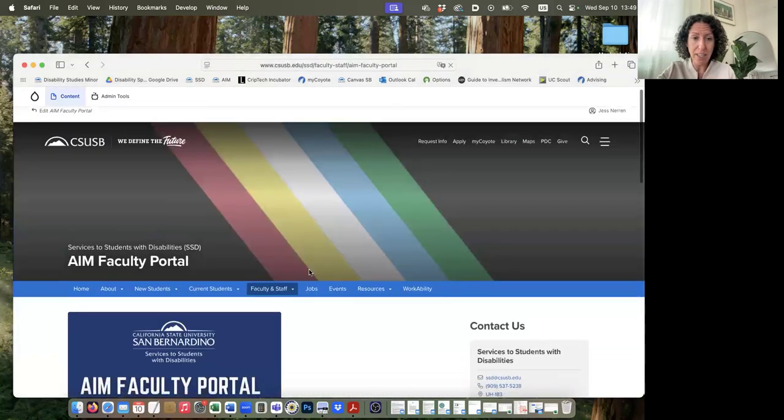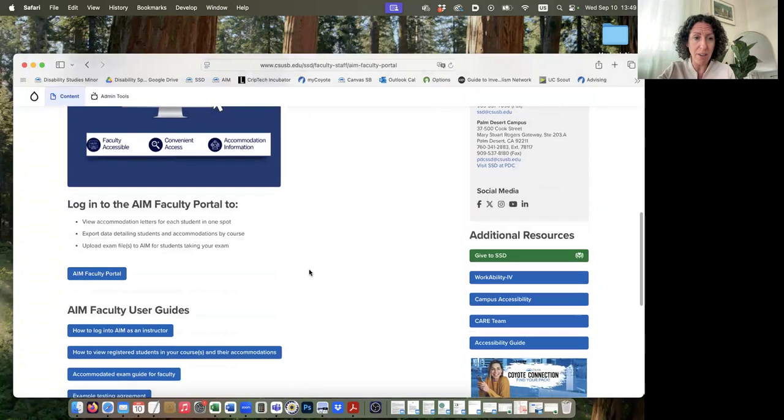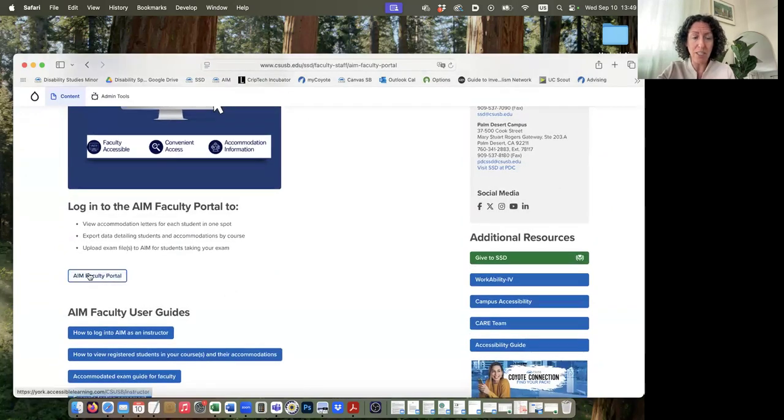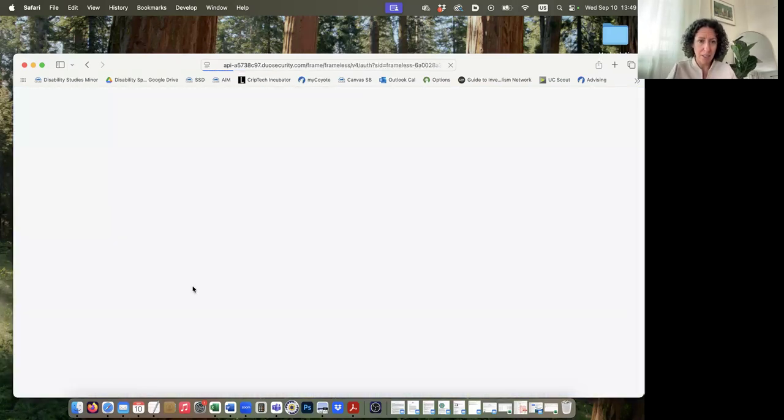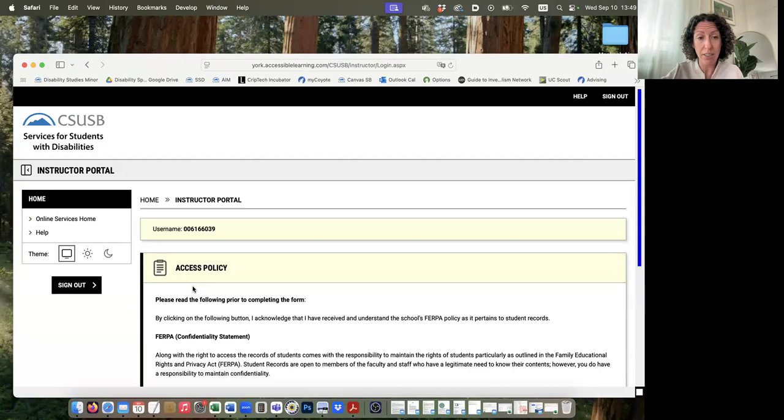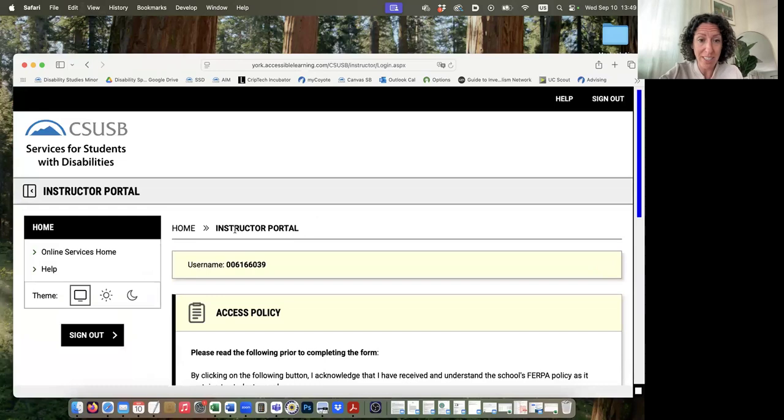Okay. So if I click on this, there's a little bit of a tutorial here as a graphic, but what I want to do and what I suggest is just go ahead and click on the faculty portal. You can even use this guide as a step-by-step as you go there. You'll go ahead and log in. And then it'll take you to your instructor portal. So you know that this is the instructor portal because it says instructor portal. So only the instructor can see their students and the information in their notification letters from this location,